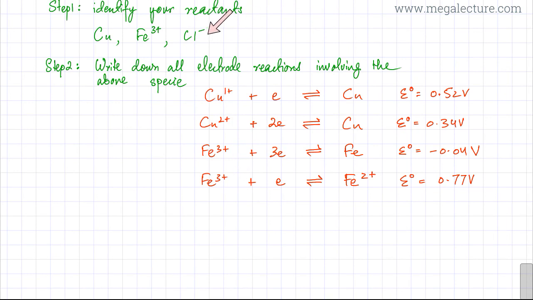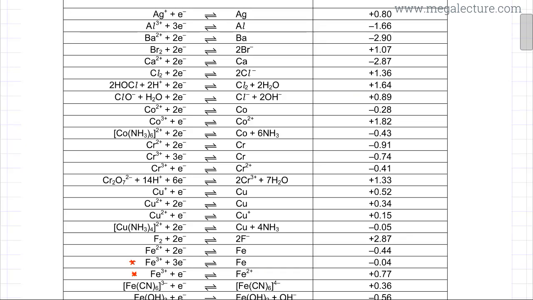Lastly, I'm going to look at Cl-1. This is my third reactant, so referring to the data booklet back again. You can look over here. There's one electrode that has Cl-1 in it. So I'm going to select that. It's basically Cl-1 in equilibrium with Cl2. So Cl-1 would be losing electrons, Cl2 would be gaining electrons there in equilibrium, and the electrode potential is given as 1.36 volts. There's another electrode that has Cl-1 in it,